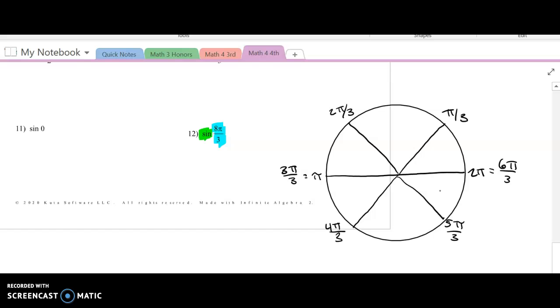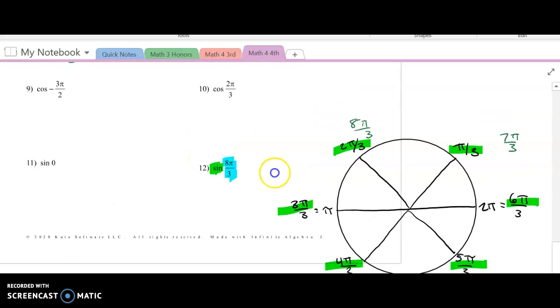So what I'm trying to say is 8 pi over 3, let's count to that. So 1 pi over 3, 2 pi over 3, 3 pi over 3, 4 pi over 3, 5 pi over 3, 6 pi over 3. What if we kept going? So now we have 7 pi over 3, 8 pi over 3. Huh. And that works. So you can keep counting forward until you get to your number. All right. So 8 pi over 3 is the same as 2 pi over 3. So let's go up